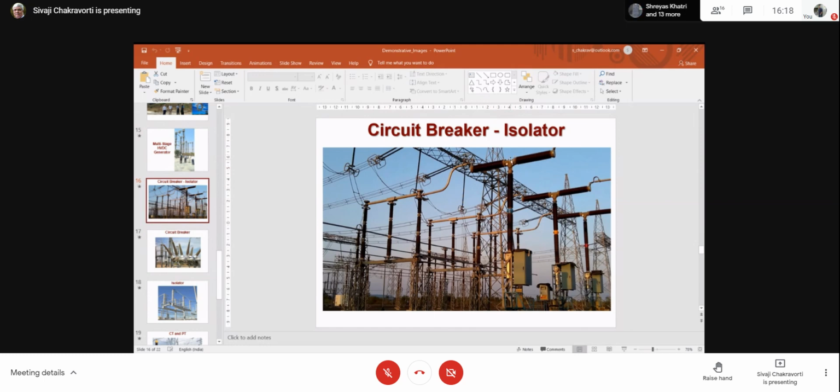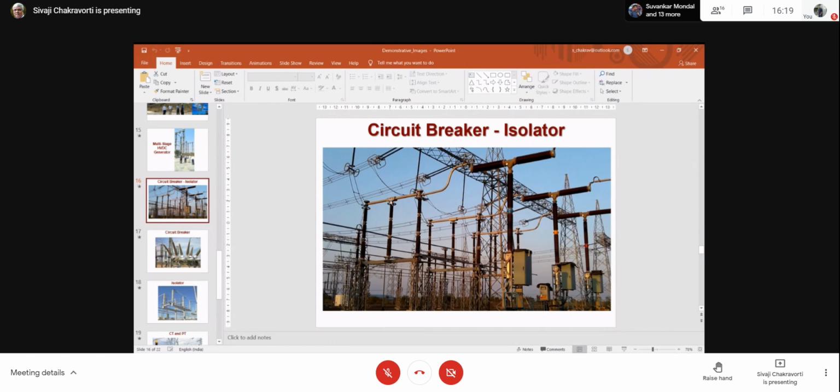But now, think about it, that this circuit breaker is open, but the isolator is not open. So this left side of the circuit breaker is still connected to the transmission line, and that still has high voltage because that is supplied from some substation on the left, which is not switched off. So can I work here for some maintenance? The answer is no, I cannot, because this is still connected to high voltage.